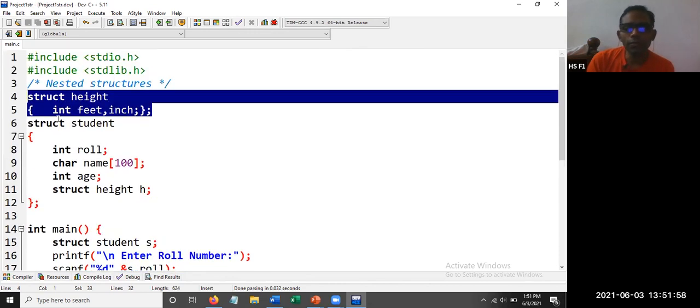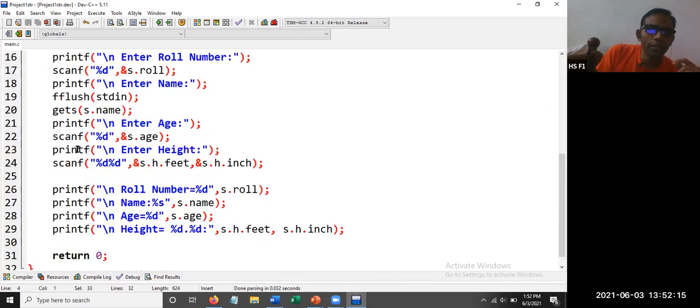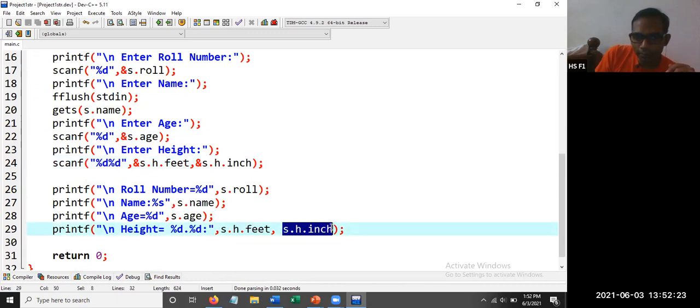Now if you are having the example of spare parts, if you are writing the structure for a bike or a vehicle, if you are having spare parts, then all the spare parts are going to come in nested structures concept. That is one example. So here in order to access we need to write s dot h dot feet, s dot h dot inch. Similarly the same thing. Is there any doubt in the program?